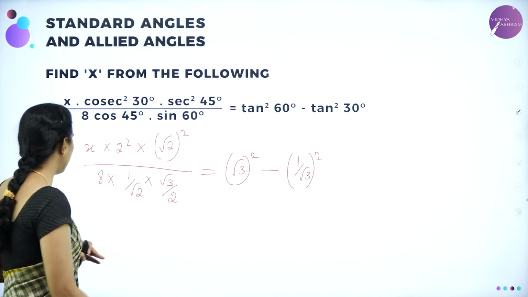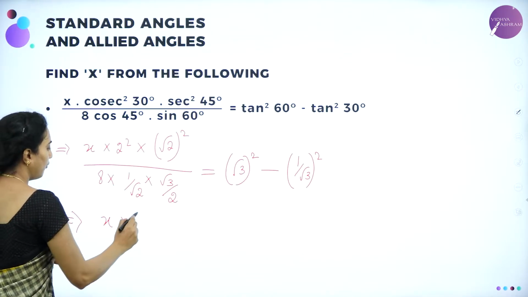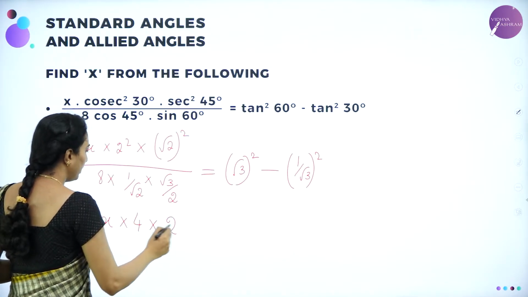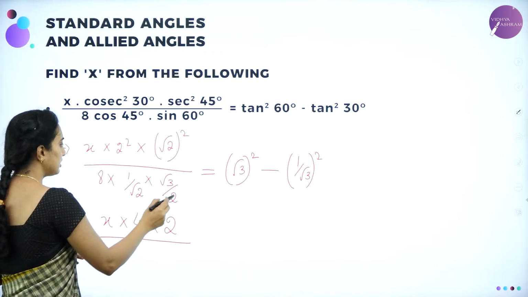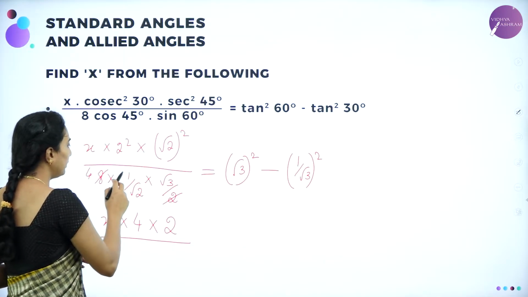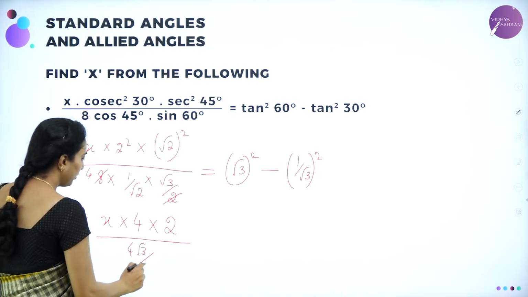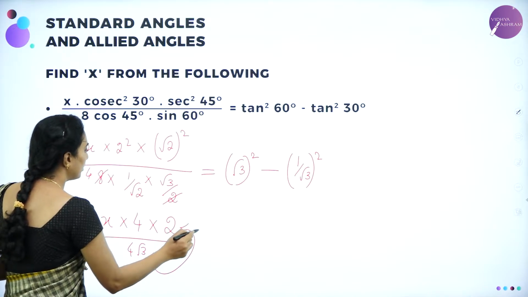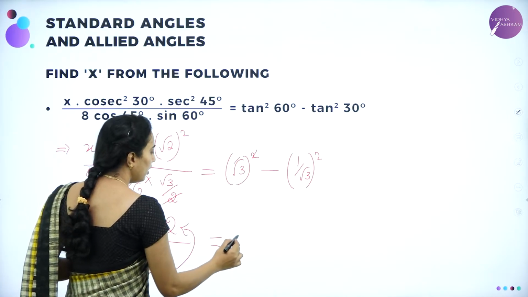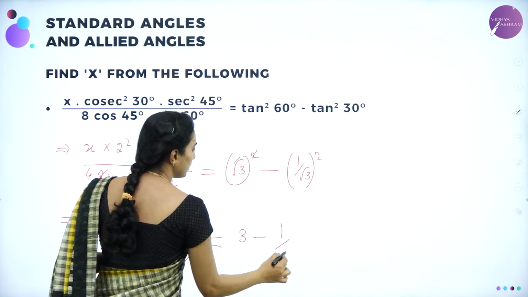Now further simplification will go like this, which implies x into 2 squared is nothing but 4, into root 2 whole squared. Root and square will go, you are going to have 2 divided by, here see, 2 ones are 2, 4 twos are, it will get cancelled. Next you have 4 into 1 into root 3, which is 4 root 3, 4 root 3 divided by root 2. Now this root 2 will go to the numerator. Root 3 whole squared, root will go, you have 3 minus 1 by root 3, root will go, 1 squared is 1, root 3 whole squared is 3.